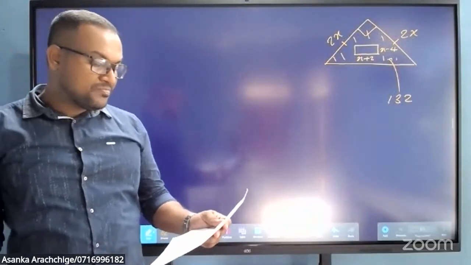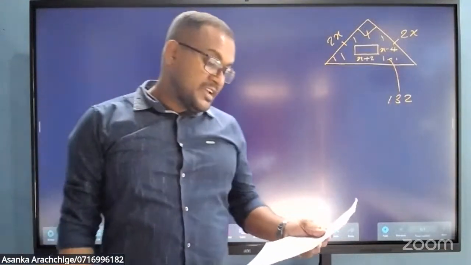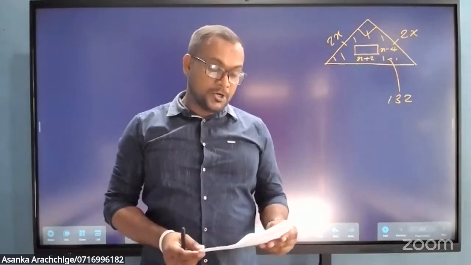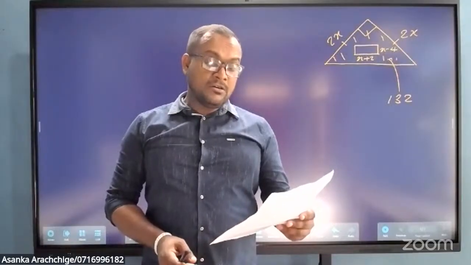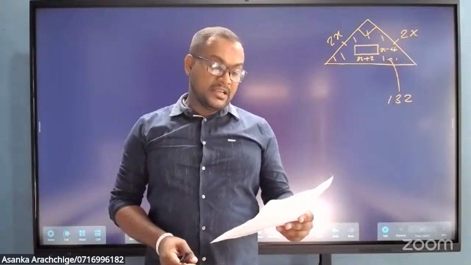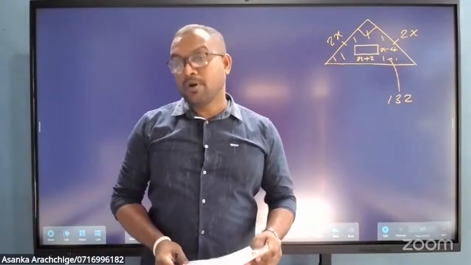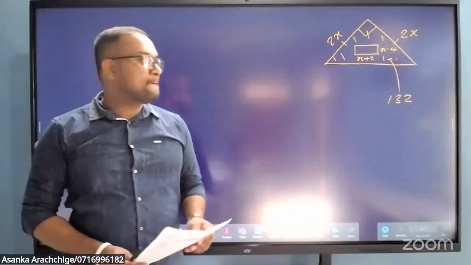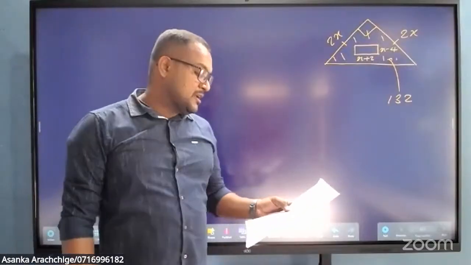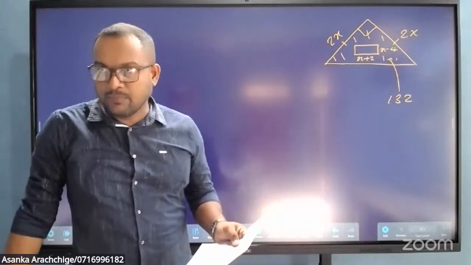Show that x satisfies the equation x squared plus 2x minus 124 is equal to 0 and find the value of x to the nearest centimeter. Take the value of square root of 5 to be 2.24. It says to show that x satisfies this given quadratic equation. Look, then